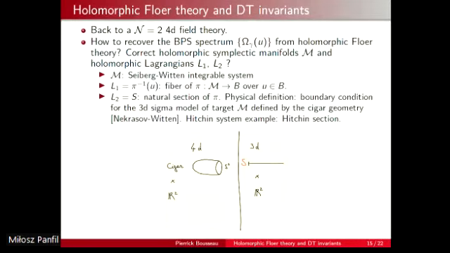And for L2, we'll take something which actually is independent of u. We'll take something I denote by S, which is a natural section of this integrable system. And on physical grounds, there is an expectation that there always exists a natural section, which can be physically defined as a boundary condition for the three-dimensional sigma model of target M, which is obtained from a four-dimensional background obtained by taking the product of R² by a Seiberg geometry. So a Seiberg geometry is just some kind of interval across S¹, where the S¹ shrinks to a point at one of the